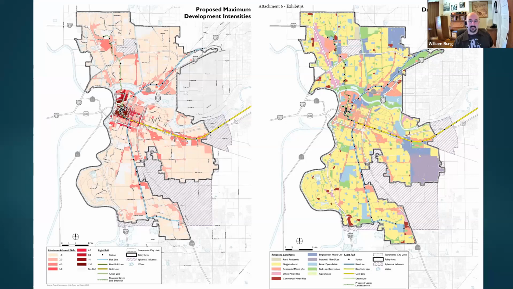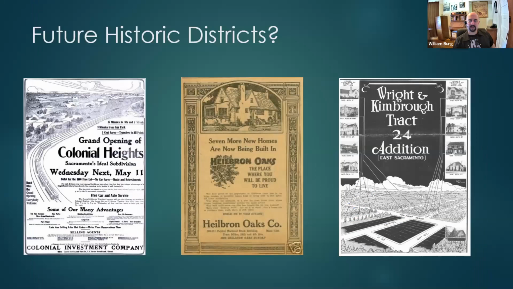And we have a lot of historic properties outside the central city that are very eligible places and very beautiful architecture and very compelling stories of neighborhoods and communities, ethnic and racial communities, communities of color, and that are worth recognizing and celebrating and worth protecting. But they haven't been listed yet. And so that's going to be the next step, because we really don't know where the historic buildings are in Sacramento. About 85% of the city has never been surveyed.